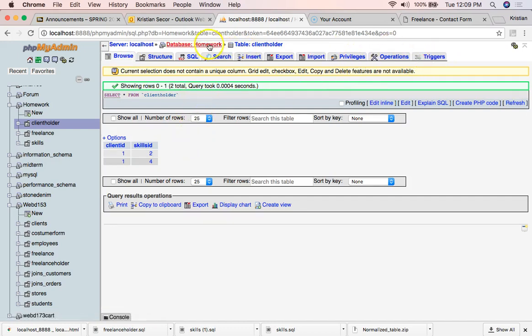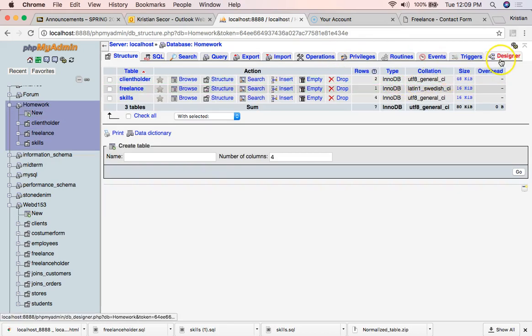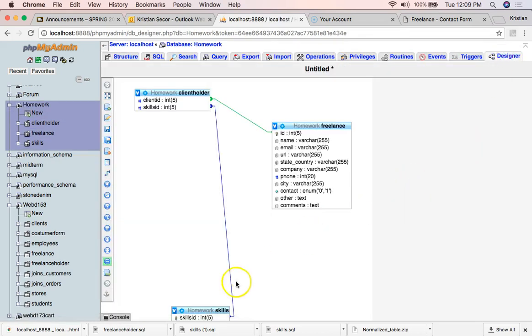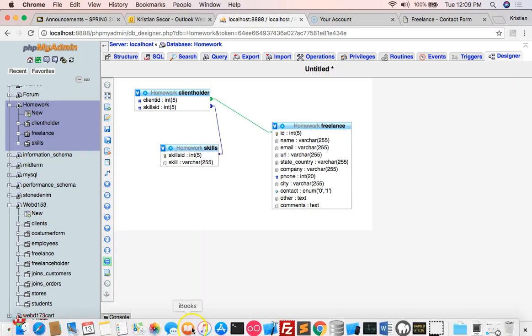So when I go back to homework, I can use what was taught this week, inner join, to get the values that I need. So let's say I wanted to write, I could do an inner